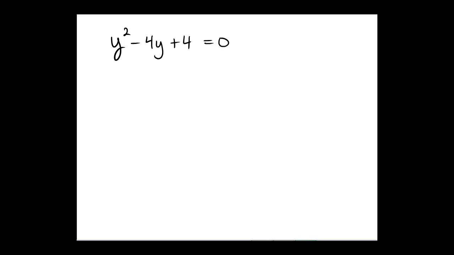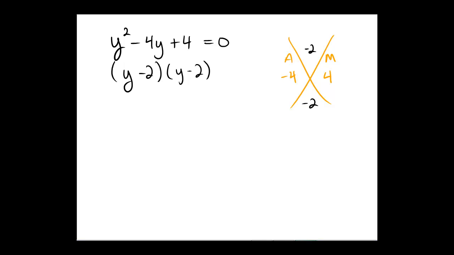Assuming you gave it a shot and tried it on your own, your solution should be, well, we need an adding number of -4, a multiplying number of +4. The two numbers that do this would be -2 and -2. So the factoring would become y minus 2 times y minus 2 equals 0, which would mean that by the zero product property,